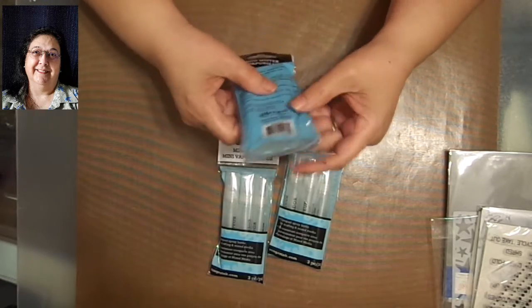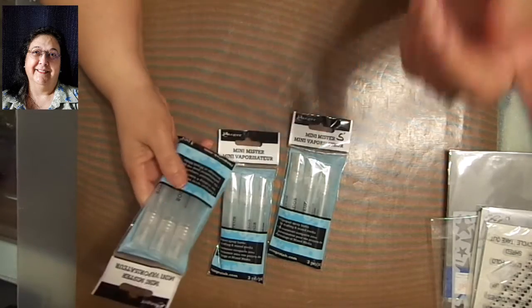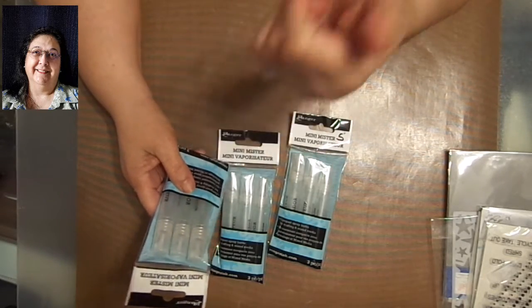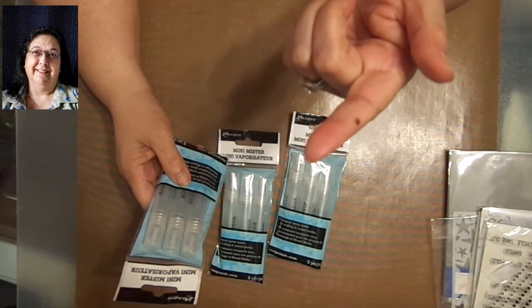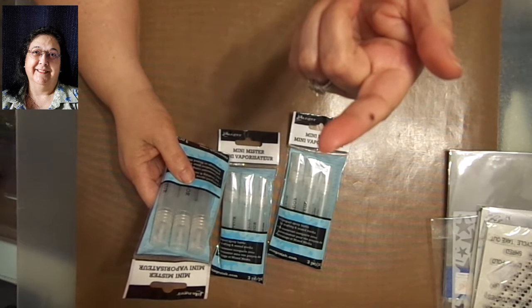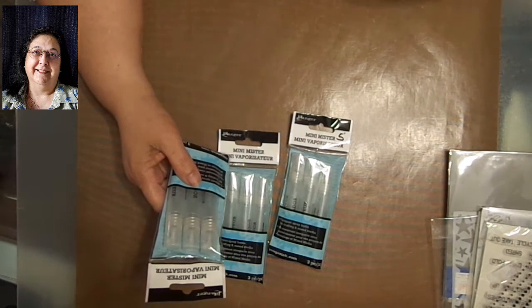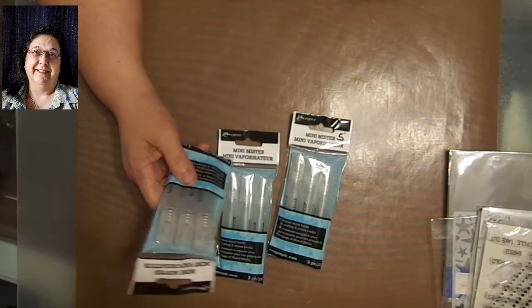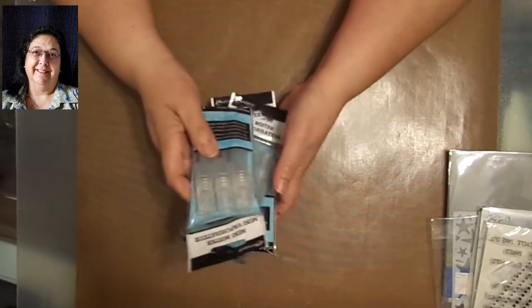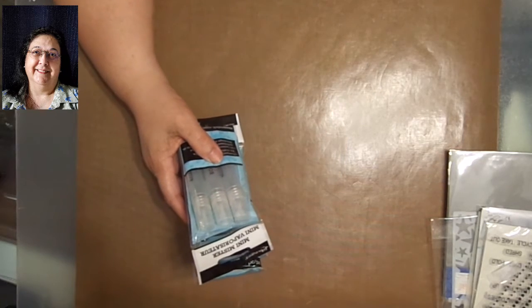But I do have one of these. I actually have several of these. Like I have one here on my craft table. One that holds water, one that holds my homemade stamping ink cleaner, and one that holds alcohol. So I do use a lot of just plain alcohol when I'm doing things or wiping things off. But I ordered some more of these so I can use these to make my own alcohol sprayer,